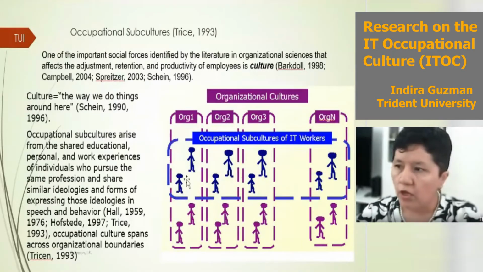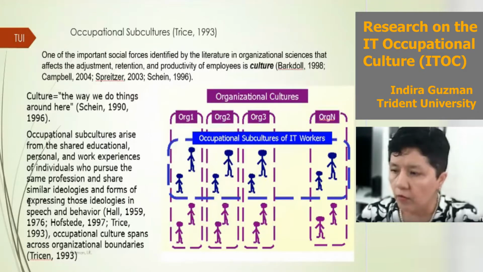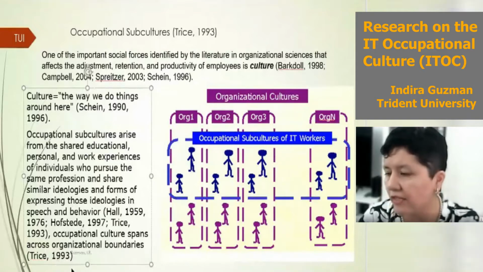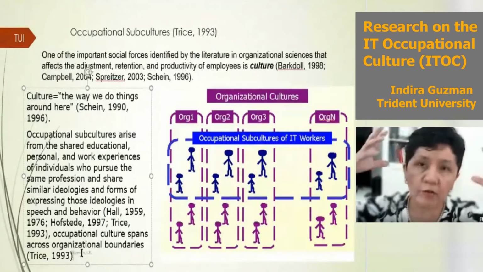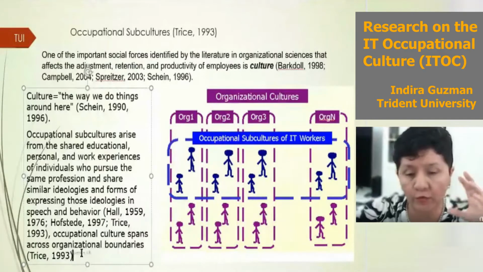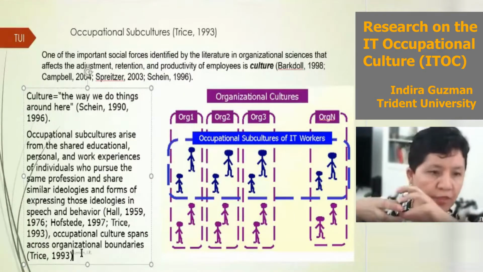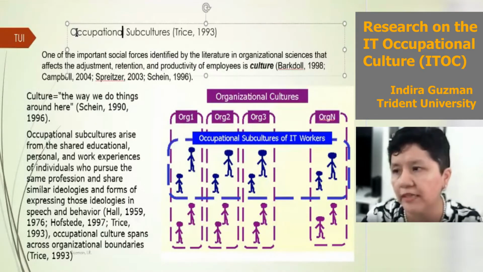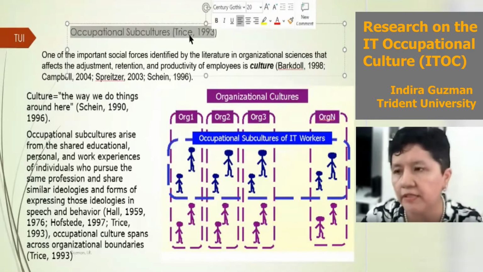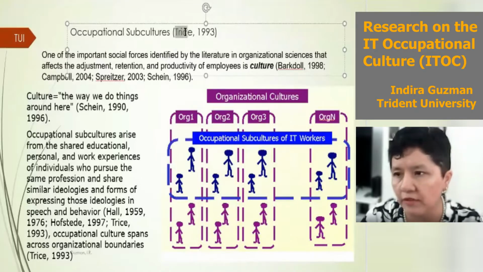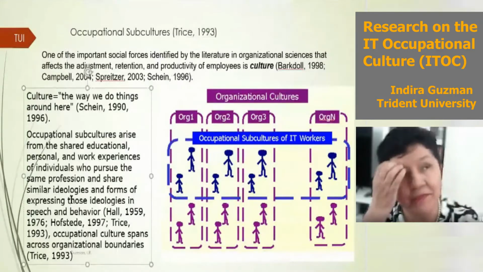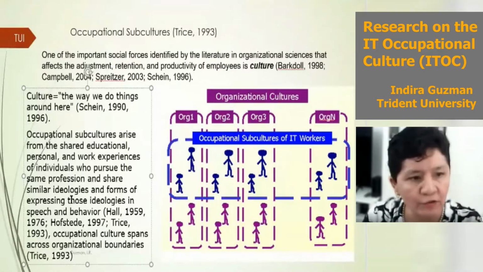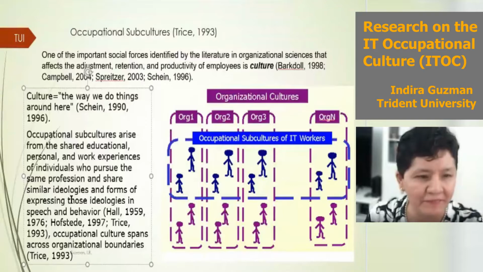So when I started with this research, and this should be Trice, sorry, really the theory, and I know we have doctoral students here, which is why I also want to talk about how this concept evolved over time. How did we start with this? The way I started was with the research from Harrison Trice, an author from Cornell University. It was a book in 1993. I still have the book on my shelf, but it was a book, so it wasn't a journal article. So sometimes you find great theories from books, not only journal papers.